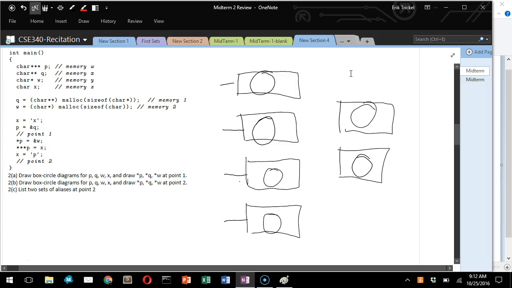Box and circle diagram. So this has got 3 parts. First part, we're going to draw box circle diagrams for P, Q, W, and X, and draw the star P, Q, and W at point 1, and then we're going to do the same thing at point 2, and then we'll list out some aliases. Alright, so